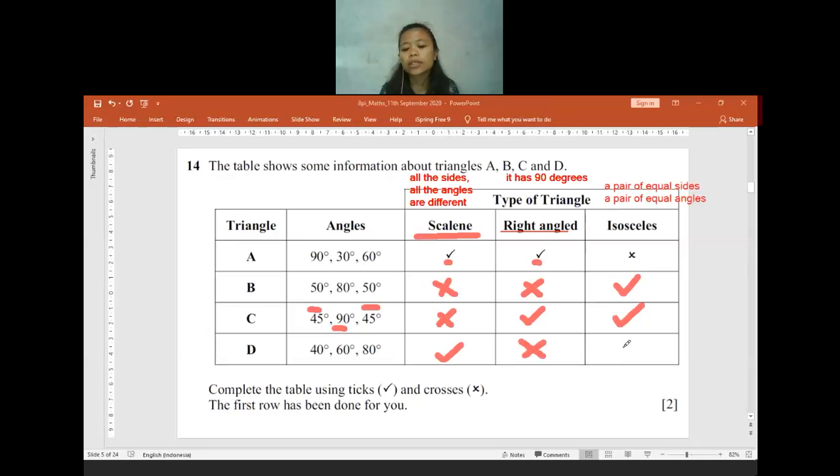Is there anyone having any questions so far, or maybe the explanation is not really clear enough? No question? Okay. Are you done? Copy the answer and make notes. Can I move to the next question? Done? Okay. Let me know if you still need some time to make notes, or maybe later you can make notes from the recording that I'm going to share with you. Can I move to the next question? Hello? Can I move to the next question? Okay, I will move to the next question.